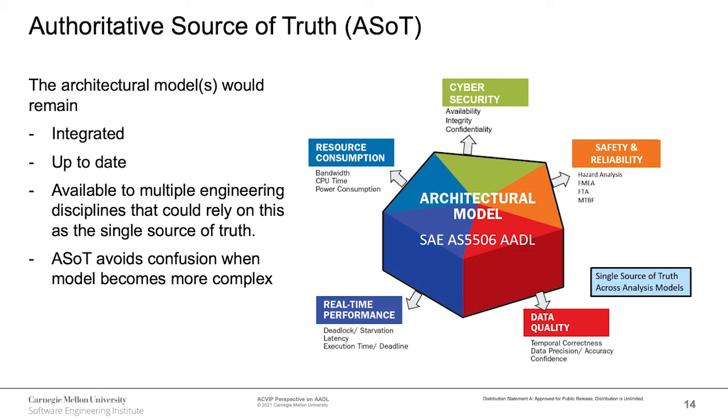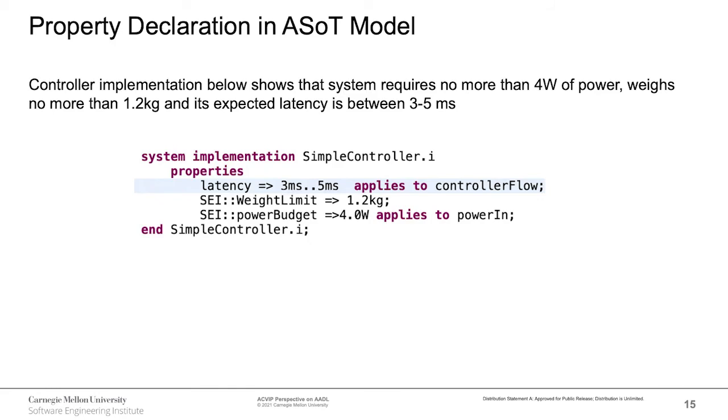AKVIP can also be used to compare a product from different vendors before purchasing to ensure the best fit to a proposed system. All of those are available possibilities due to the predictability of how properties are described in the model, and those are possibilities due to the unified process that highlights specific model areas in question. Here's an example of how to define a latency property as an authoritative source of truth in this model. And you have to remember, as a model evolves and becomes more complex, having authoritative source of truth properties avoids confusion because all of the small details are specified in the model.